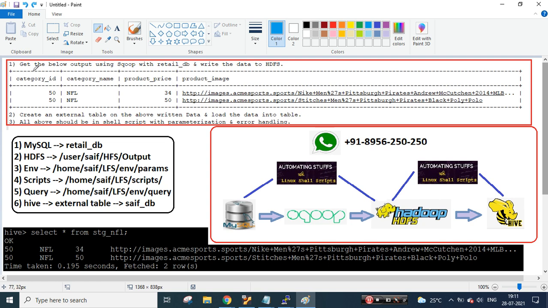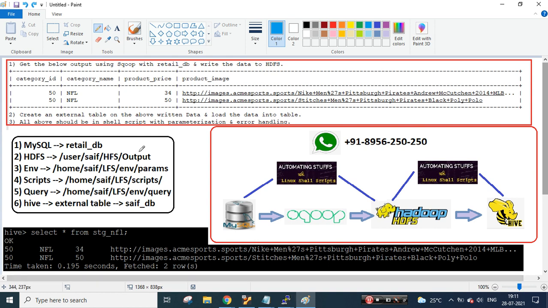So how did I analyze? Again, when the requirements are given to you, you need to analyze based on the DDL. So I have taken into consideration a categories table and the other is a products table. I have applied a join between these two with a joining condition, and finally I have done a filter on Pittsburgh. Let's say the requirement was I wanted to see the Pittsburgh data based on only NFL. That's what the query says. It's a simple query, two-liner, not a big query. So we can get the data.